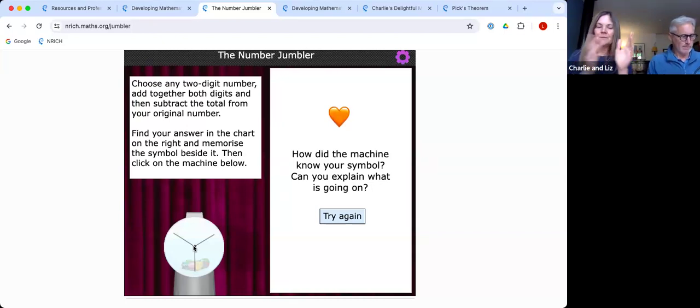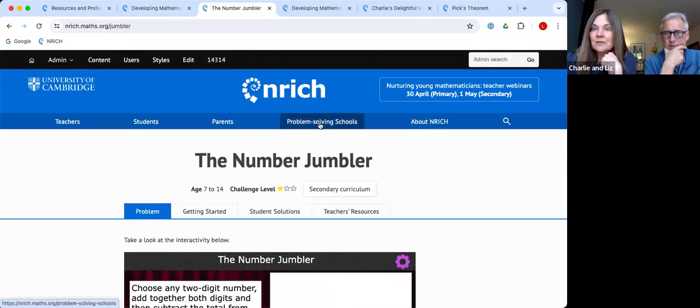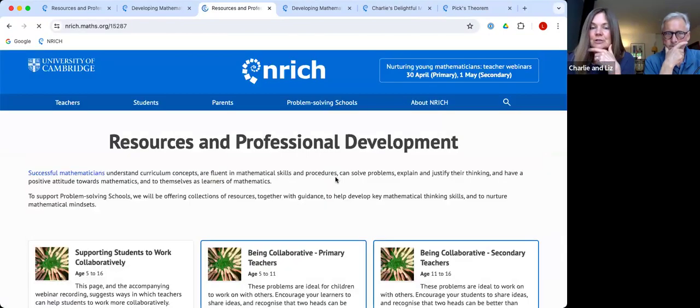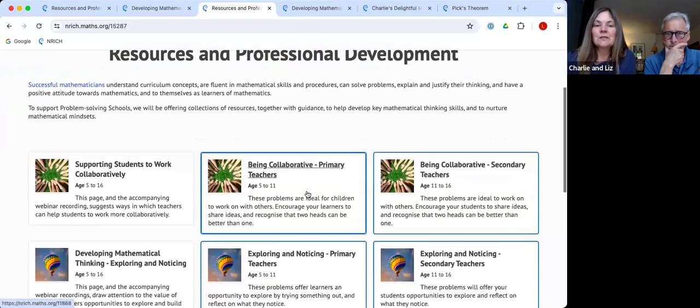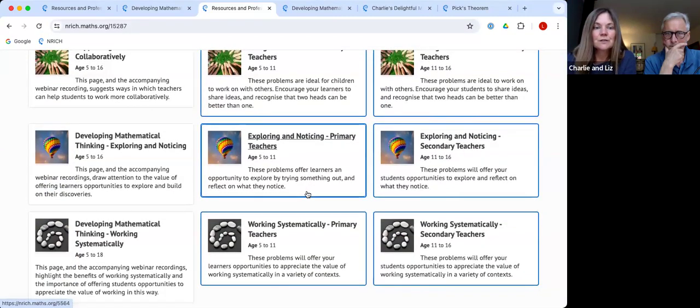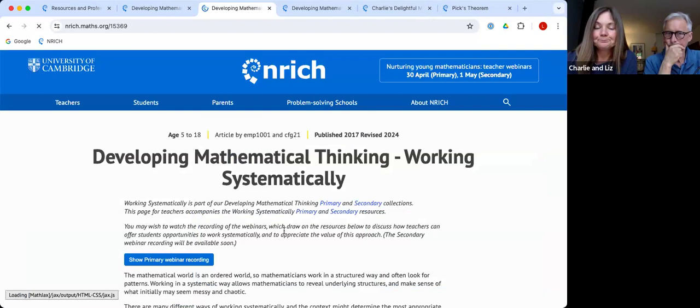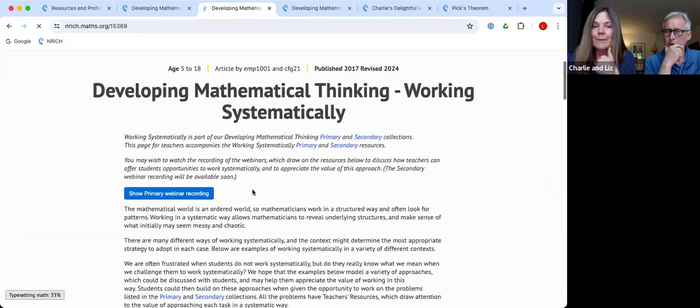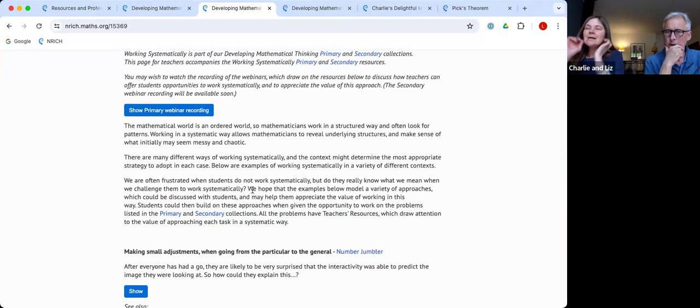Let's have a quick look at the guidance, just to show you how we've structured it and why. So I'm going to go back up to the problem solving schools section. And if you remember, I went down to the right-hand box, resources and professional development, and this is giving you all the resources we've created recently as part of our problem solving schools initiative. On the left-hand side at the bottom, we've got some guidance about working systematically. We will add the recording of today's webinar to the top here. So what we're saying is that,